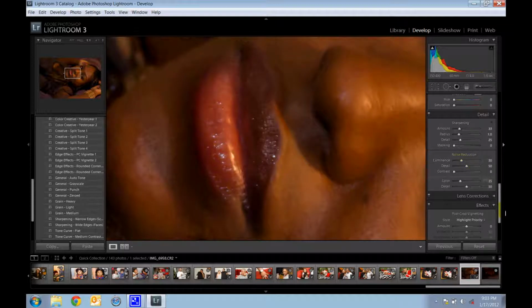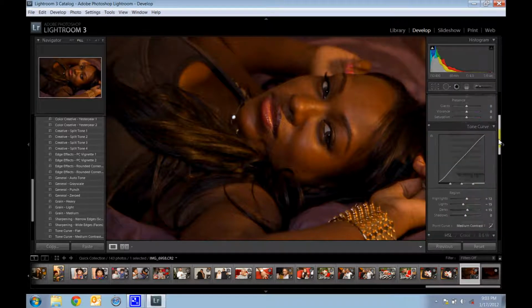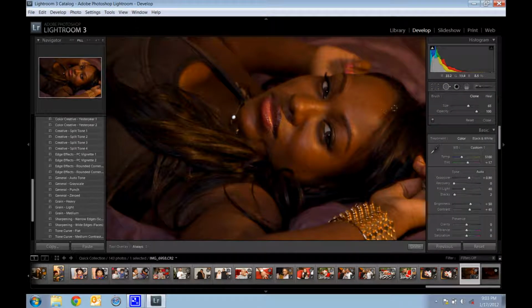Now we can get into the features of this young lady here and make them pop. First off, I like to grab the spot removal tool. The spot removal tool is good for any kind of blemishes or marks that you might want to get rid of. She has very beautiful skin, so it's not too much to fix